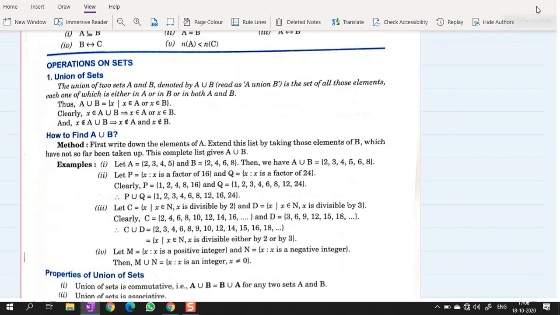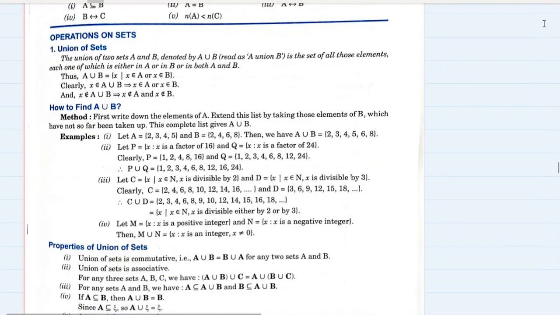This is the final part of Maths Chapter 5, sets, and it is about operations on sets. We are going to talk about a couple of operations on sets, out of which the first operation is union of sets. Union of two sets is denoted by A union B. The symbol shaped like the English alphabet U is read as union.